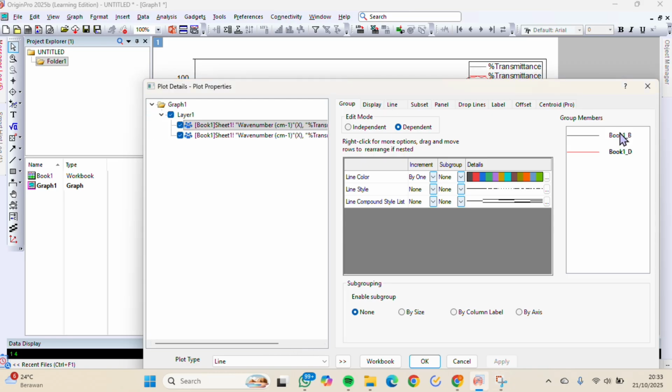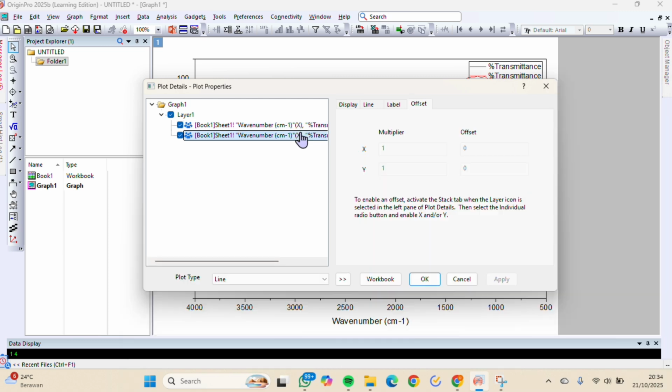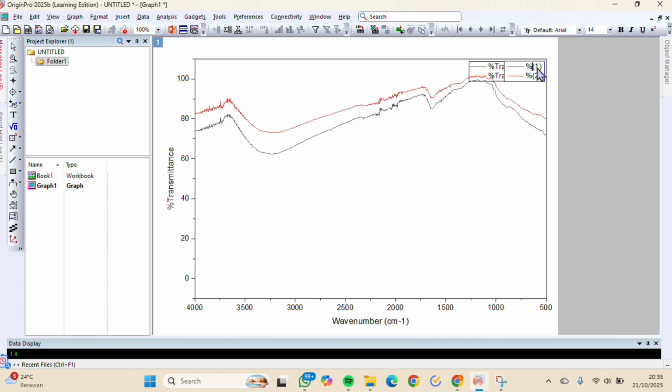The black line is Book1 columns A and B, and it represents GTEMN, and the red graph is columns C and D, and this represents the GTEVMN material. Okay, after we make sure, we can add the labels on the graph accordingly.